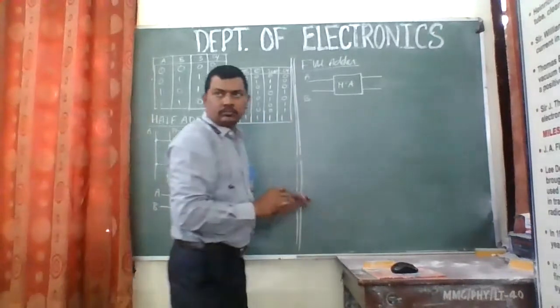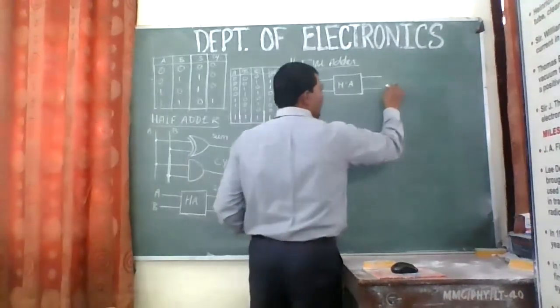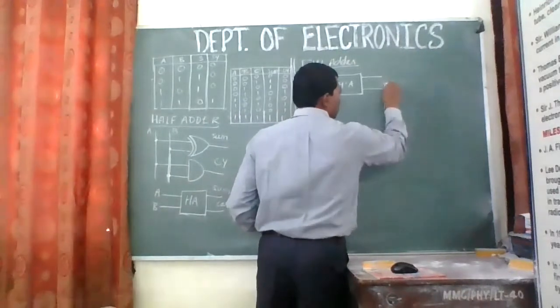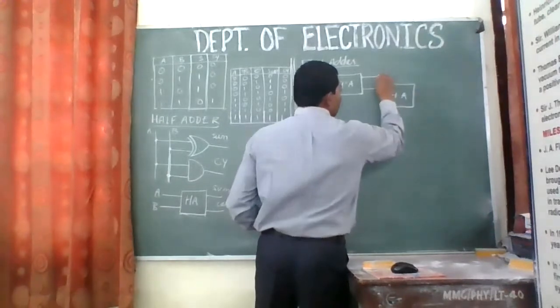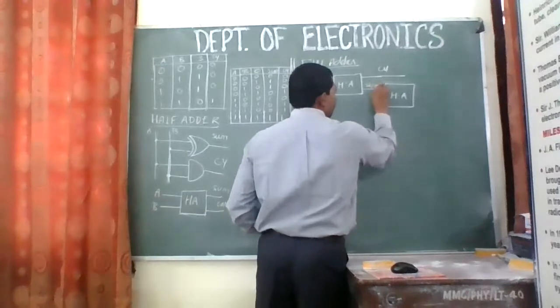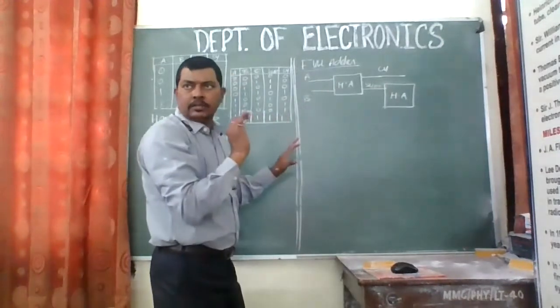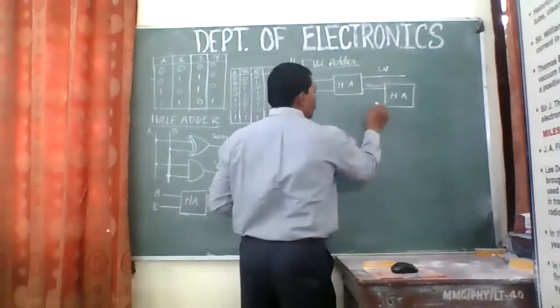This is the sum. Is it okay? It's a simple circuit. I will be using another half adder circuit in front of this. So this is a half adder circuit. Again, this is the carry of that, and this is the sum of that, right? Simple. Again, this will have two inputs, two outputs.